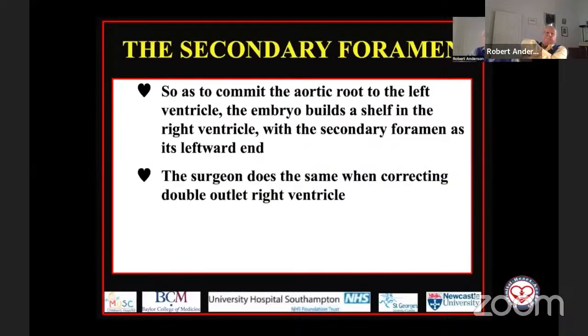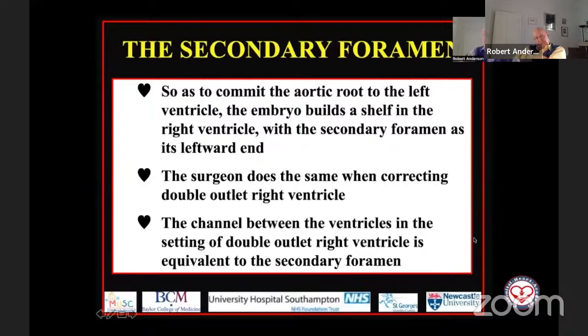Now, why is this pertinent to deficient ventricular septation? It is pertinent because the surgeon does exactly the same thing as the embryo when correcting double outlet right ventricle. He or she builds a shelf at the base of the right ventricle so as to put one or other arterial routes into communication with the cavity of the left ventricle. And then the channel, the leftward end of that tunnel built by the surgeon, is equivalent to the secondary interventricular